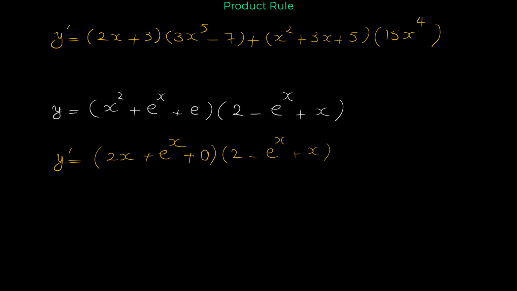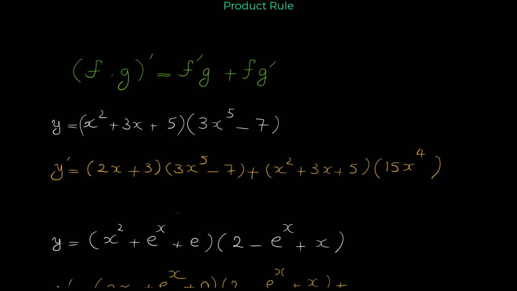Don't make this mistake. You only have to take the derivative of the first bracket and multiply it by the second bracket, not the derivative of the second bracket. Just take the derivative of the first bracket and multiply by the second bracket. So you only take the derivative of the first bracket. Then plus,